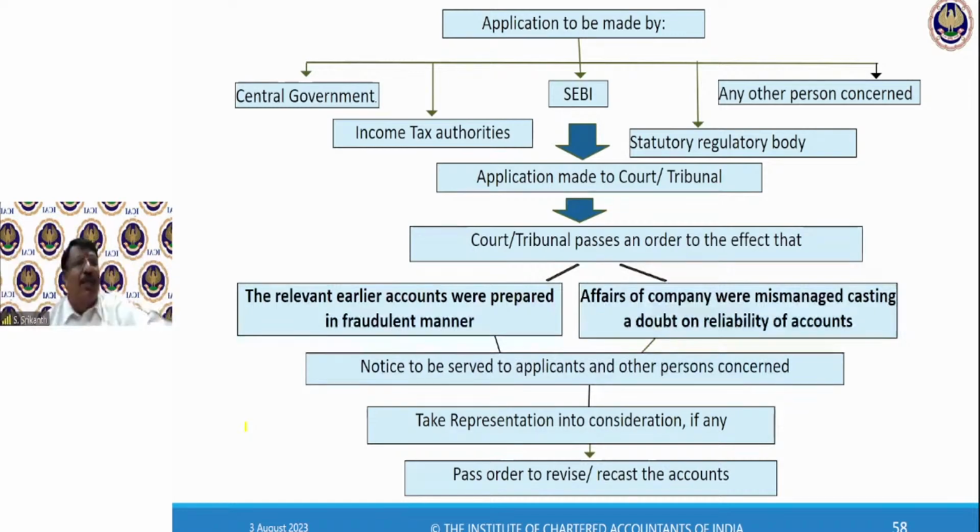So that accounts has to be corrected. Otherwise, think about it. Opening balance will be wrong for the current year. Knowingly, you will take wrong opening balance and you will prepare financial statement. Can you do that? No. How to correct? That is why they are given this. So this is not benefit for shareholder. If you remember the two pillars, finally we said one more pillar is there. What is that? Public interest. This will come under that category. In public interest, we have to do, because these accounts are public accounts seen by all the investors, potential investors. So it cannot be wrong. It has to be reopened and recast. Got it?